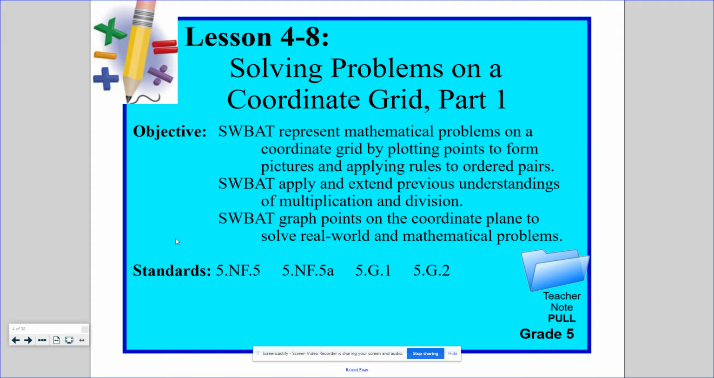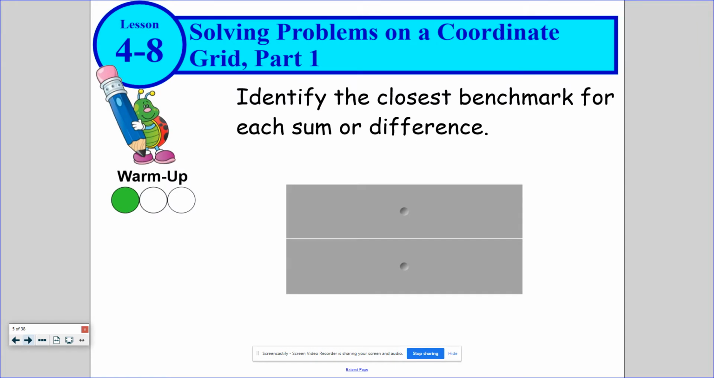So our objective is we want to be able to represent mathematical problems on a coordinate grid by plotting points to form pictures and applying rules to ordered pairs. So if you like doing art stuff, especially drawing, this is a great way to practice that. Apply and extend previous understandings of multiplication and division and graph points on the coordinate plane to solve real world mathematical problems. All right, to get us warmed up here,